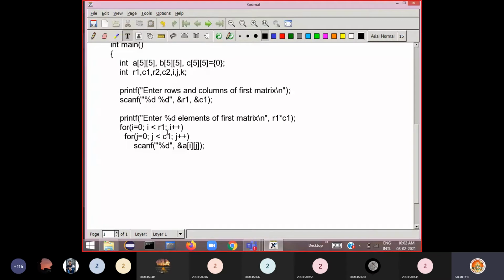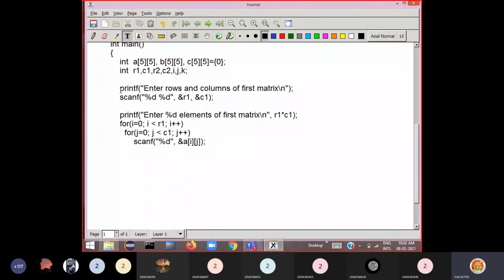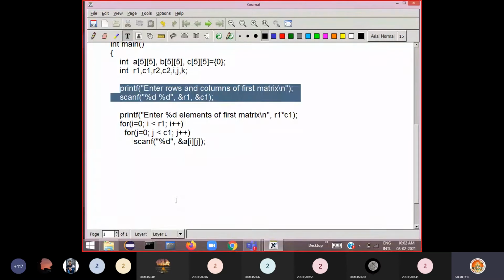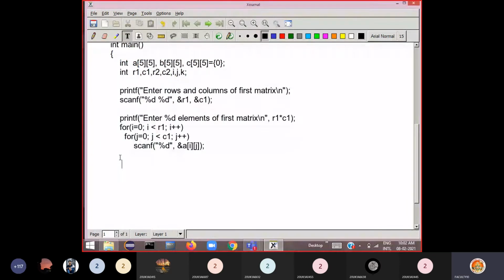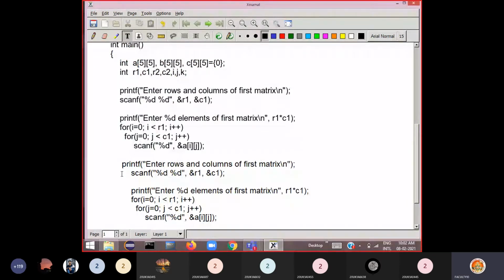Now, first matrix we have. Then similarly, you have to read the second matrix. So the same code you can write again. Here I am just copying the same code. Now you can write on your own. Now ask the user to enter elements of a second matrix. Give the message: enter rows and columns of a second matrix.